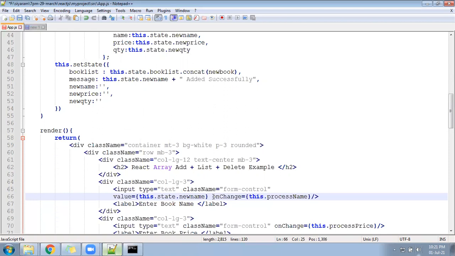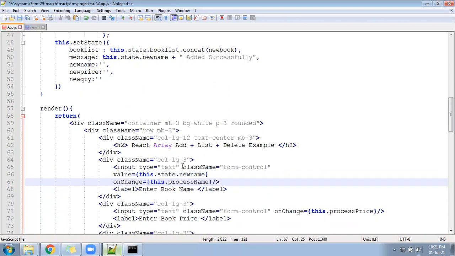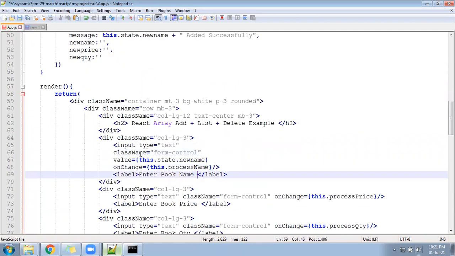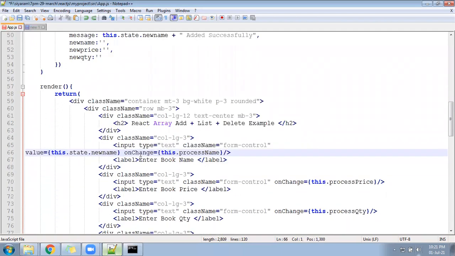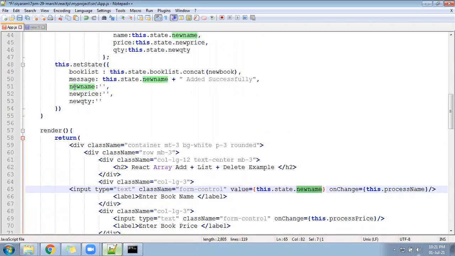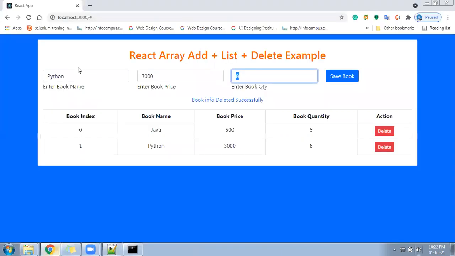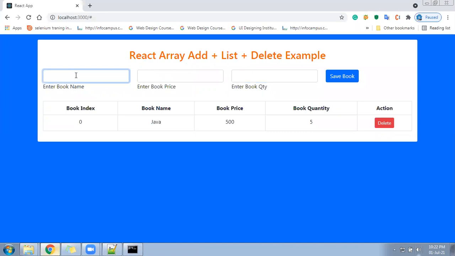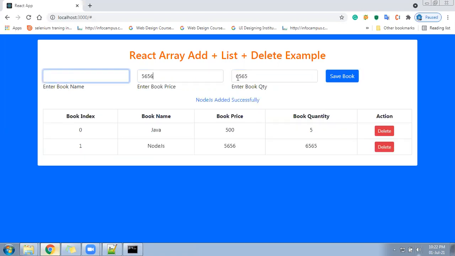If you have multiple properties, you can arrange like this, but it becomes a little congested line. Let me rearrange it. I will move this to the left hand side. See, I wrote here value equal to newName. Already I have put it as empty here. So what will happen? Immediately it will become empty. Let me test it once. I'll write here call Node.js and some quantity, price, save. Name became empty. Similarly, we need to make these empty too.